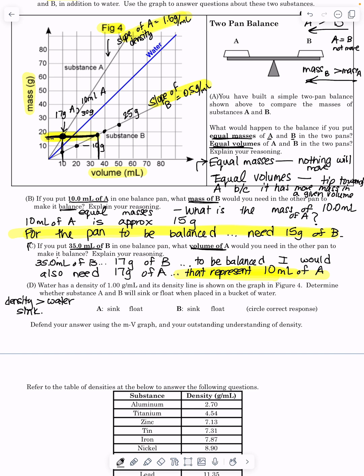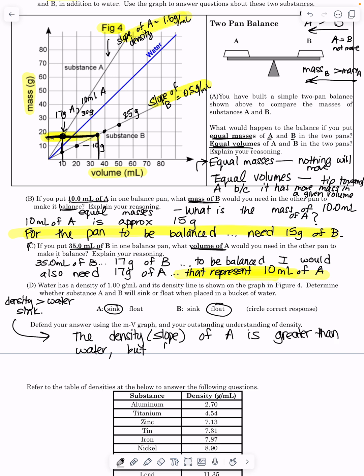So we could clearly see that the density of A is greater than water. A will sink. But B, its density is less than water, it will float. And so your answer: the density, aka the slope, of A is greater than water, but the density of B is less than water. And that explains why A will sink and B will float. So that was question